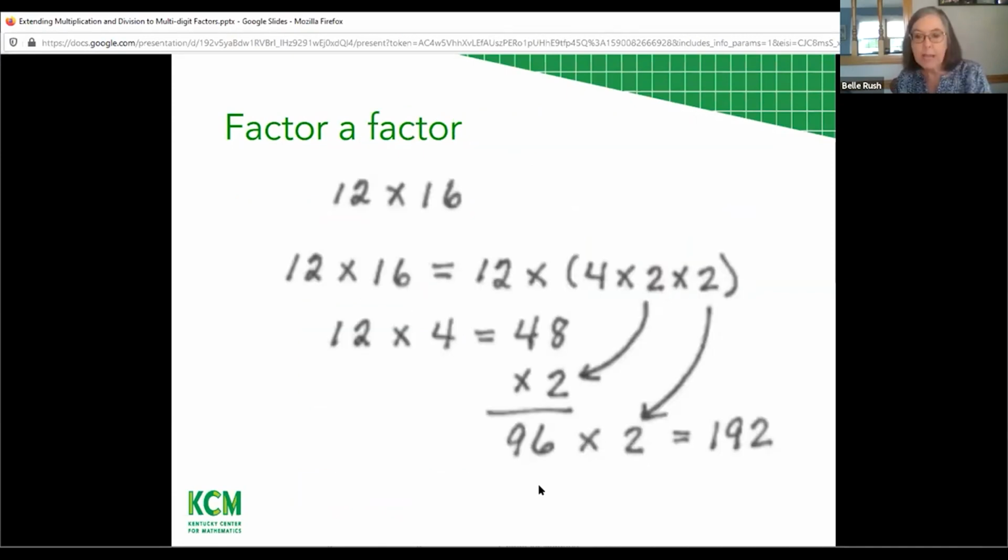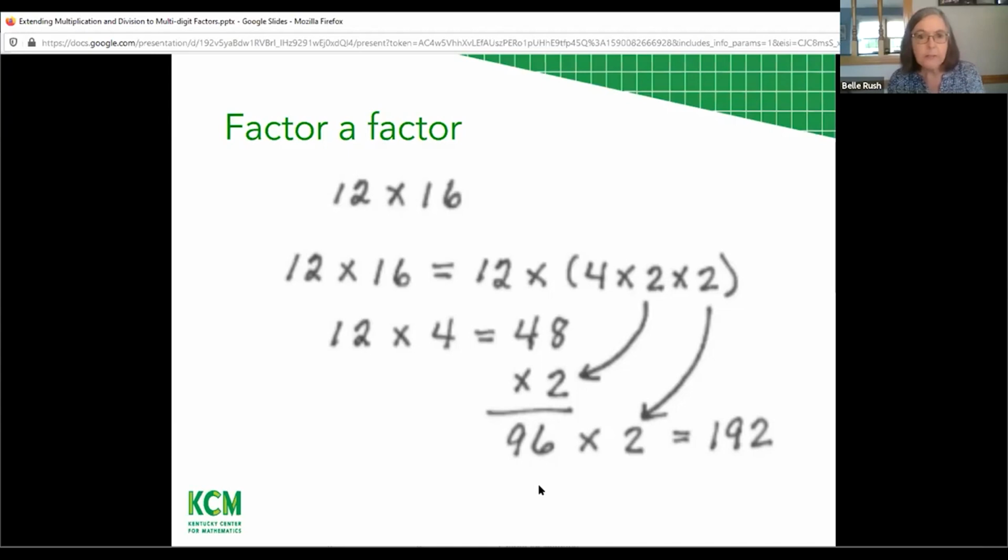All right, the other strategy that's in that Number Talks book, and just let me say real quick, with the Number Talks book, these strategies are things that you want your kids to come up with, but here are ways that you can record them. And the thing I like about that Number Talks book is that it doesn't say this is how you do it, but if you want your kids to do this factor type of strategy, it gives you some problems that you could present to your kids